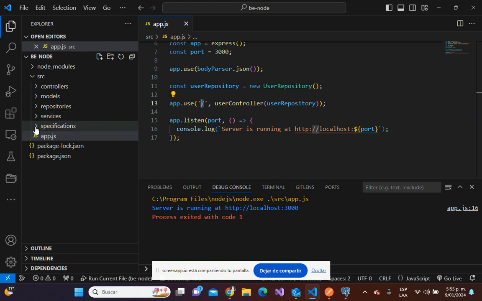And I have one folder for specifications with the files for different validations of one entity that is the user. This is a CRUD component to create, delete, update, and read the data from the users of the